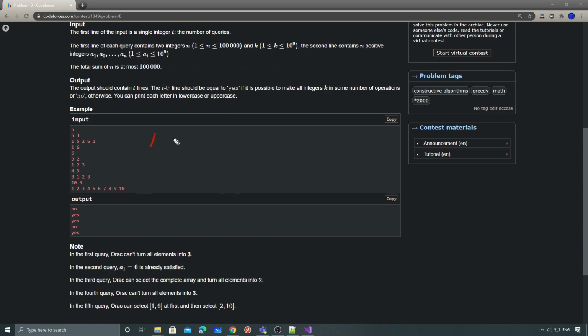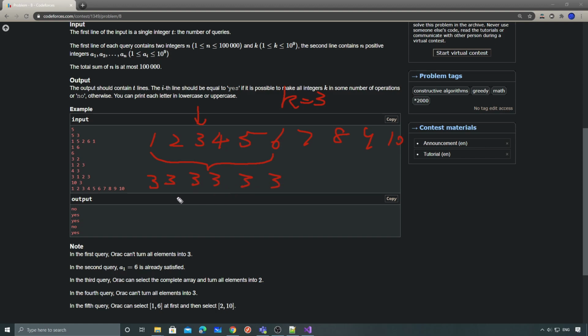So we have 1 2 3 4 5 6 7 8 9 10 here. For this one, k is equal to 3, right? And actually it works. So how does it work? In the note here, it gives you another example, which is 1 to 6, because from 1 to 6 here, the median is 3, right? So it's saying that we can change all this 1 to 3,